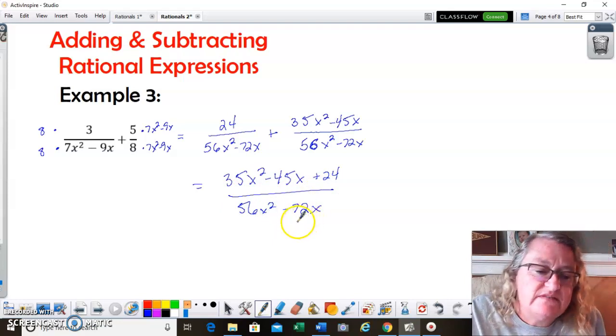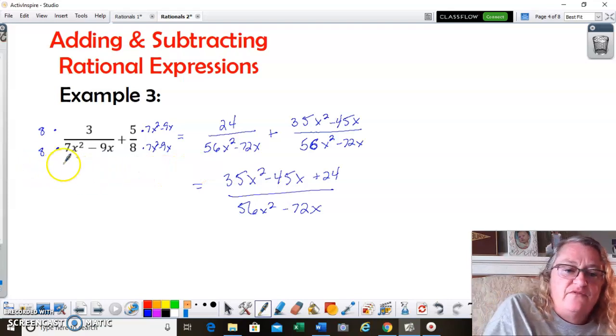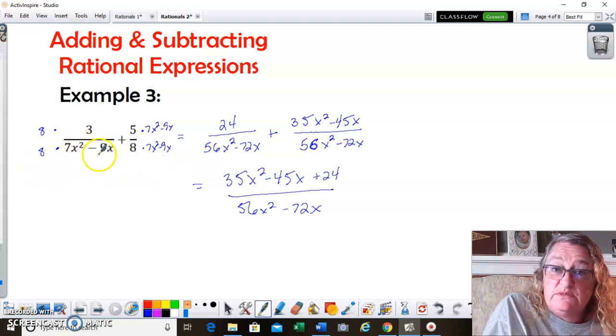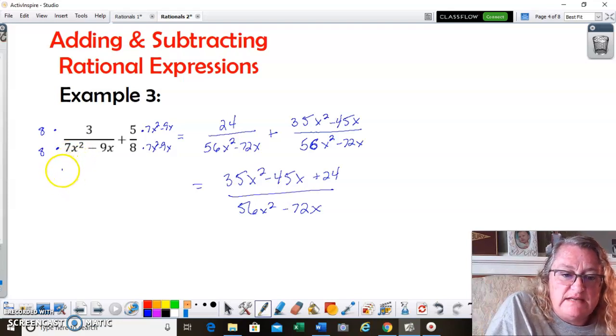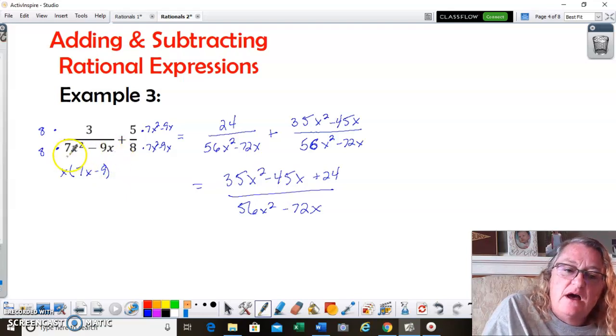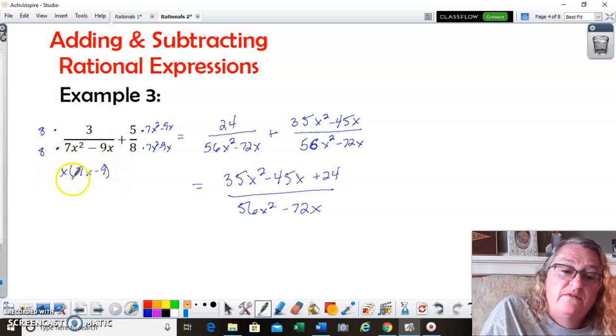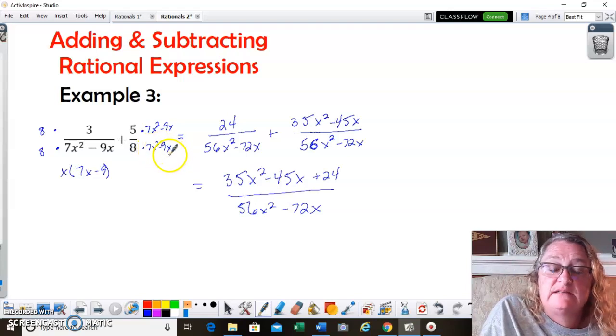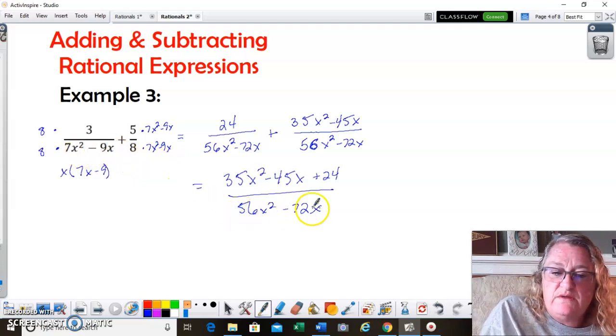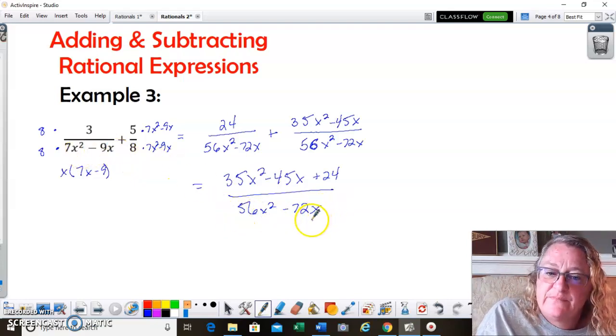Now some of you might have taken this example and factored off the common factor that was in here, and that would have been fine. You would have seen that the common factor here was x, and that leaves us with 7x minus 9. But the same thing would have happened. We would have had to multiply this side by the x and also the 7x minus the 9 because it's missing both of those. So there's actually 3 factors in this denominator now. Okay,